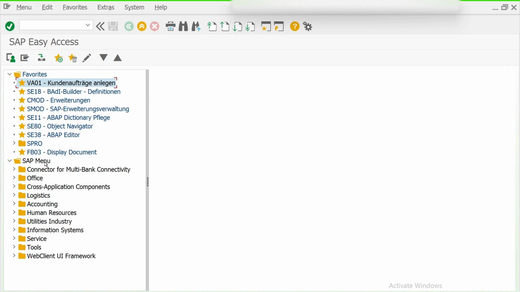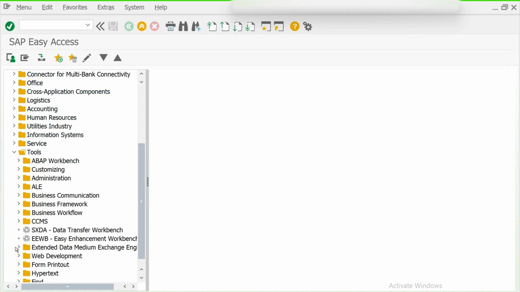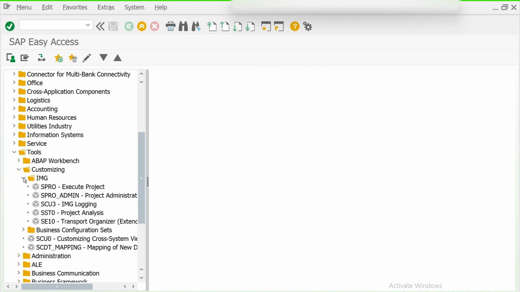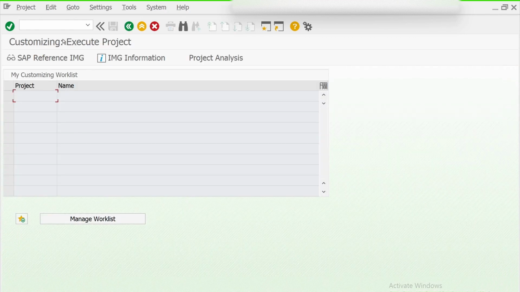In the SAP menu we will have to go to tools. Under tools you have to click on customizing. Under customizing you have to click on the IMG. And under IMG, you are able to see the SPRO execute project. If you click here, it will land you on the customizing screen, SAP reference IMG.